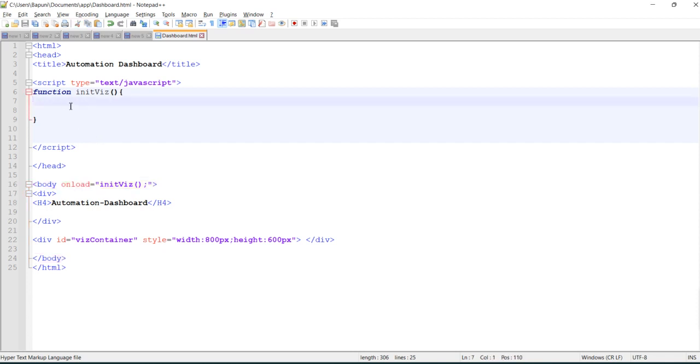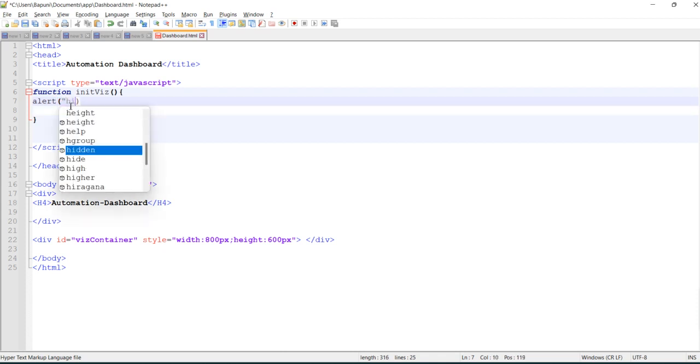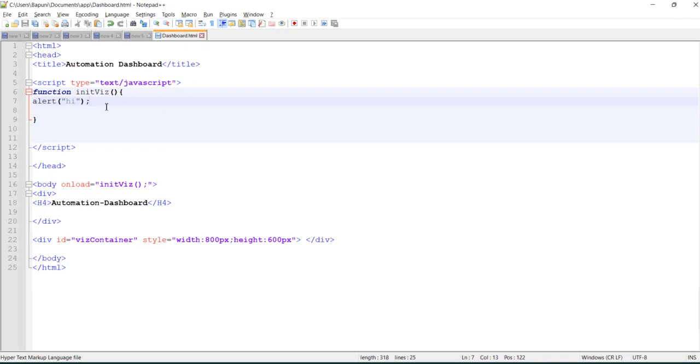Okay, just to test whether the function is getting called or not, write a sample code. Alert hi. See, when the page is loaded, hi is shown, means that function is getting called successfully. Okay, but this is not our expectation. We'll be loading the Tableau web page. Okay, so to do that,